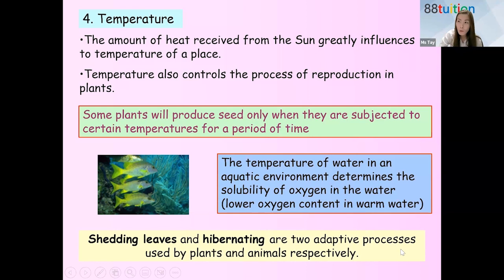Now, I am not going to go through all the adaptation. All the adaptation of the plants and the animals we have covered in P6. If you want me to give you some slides to recall what you have learned in P6, I can. But I'm not going to spend time doing this because it's going to take like 40 minutes to go through those slides. Is it okay with all of you? If it's okay, give me a thumbs up. I'm not going to go through adaptation, like a lizard dropping its tail to scare the predators away. Only a few of you know, not everybody.